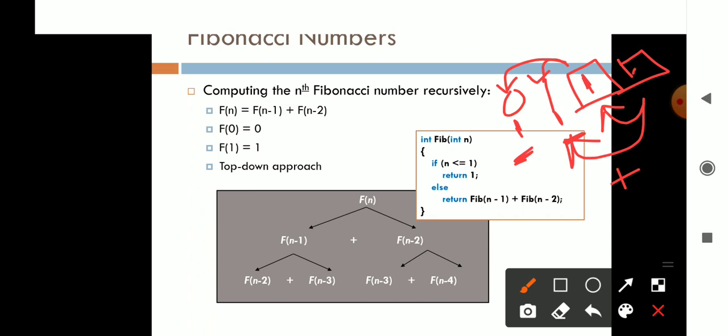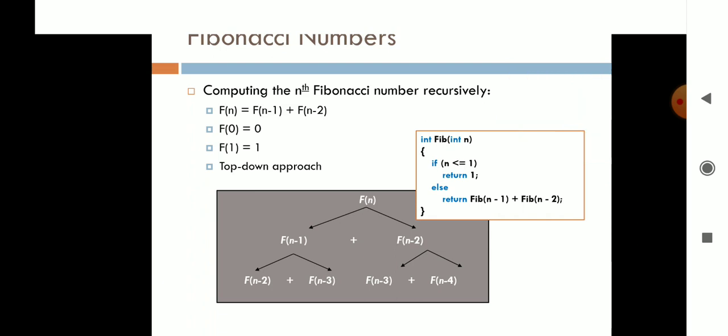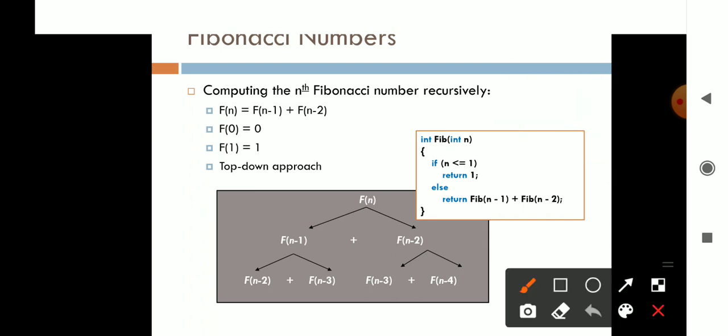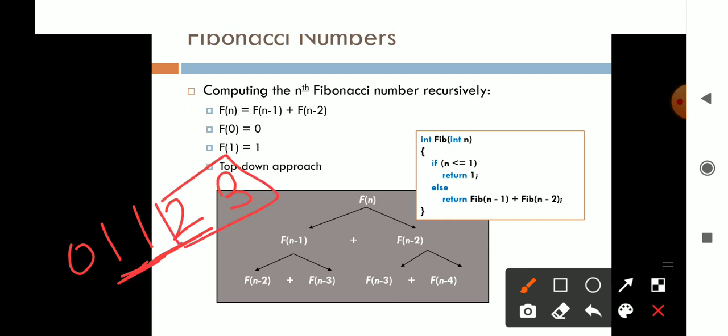1 plus 1 is 2 here. So likewise again we are going to find out the Fibonacci series here. The Fibonacci series will be 0, 1, then 1 plus 0 is 1, 1 plus 1 is 2, 2 plus 1 is 3, then 3 plus 2, here we are going to add this, 3 plus 2 is 5, again we are going to add this 2, that is 3 plus 5 is 8. So in this manner we are going to continue.